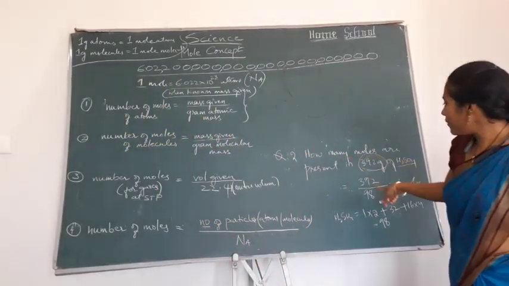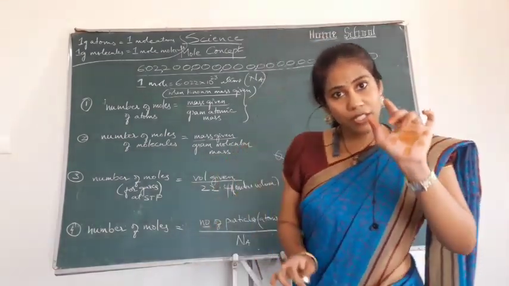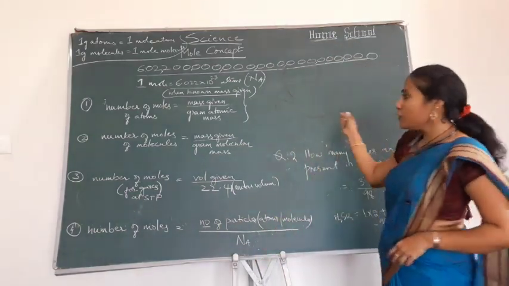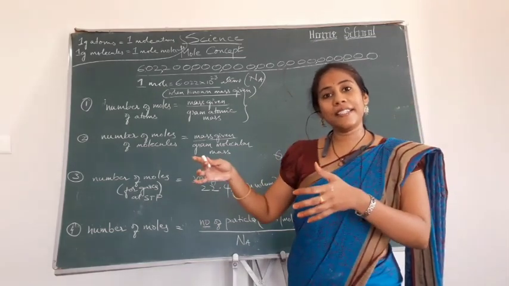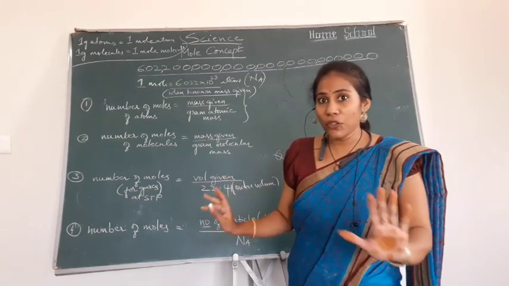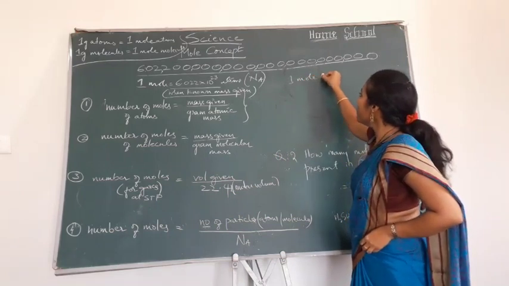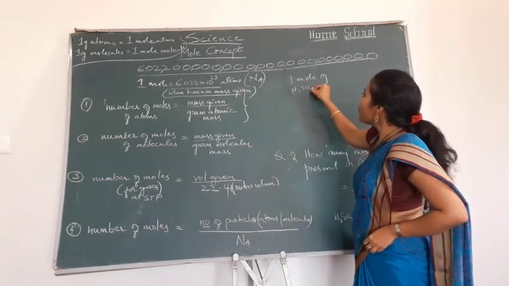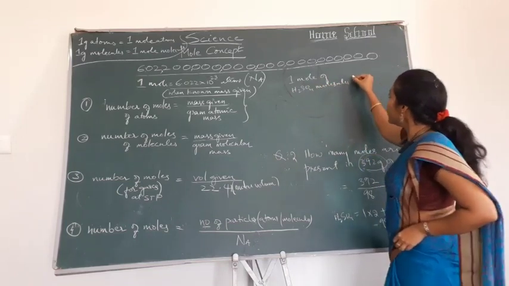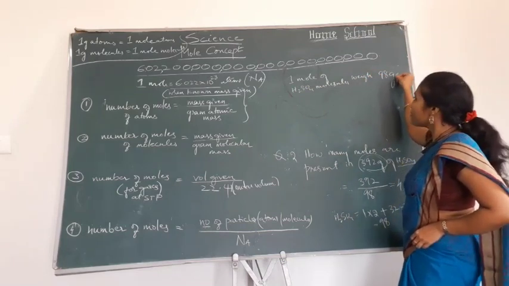See, this problem you have done using this formula, right? Without using a formula also you can do it based on a very simple logic, just a cross multiplication. Just now I told you 1 mole means an element's atomic mass only, and 1 mole means a molecule's molecular mass only, right? See here, 1 mole of H2SO4 molecules will weigh around 98 grams. Yes or no?